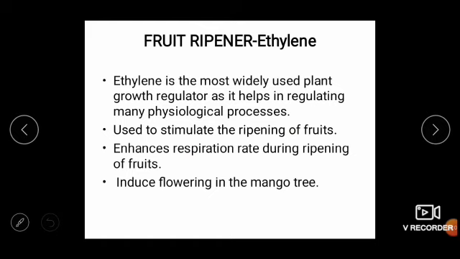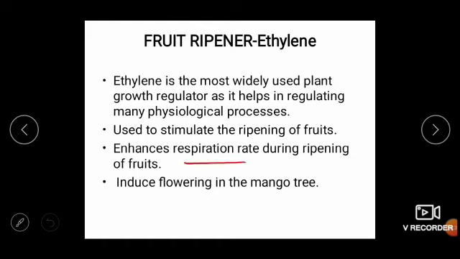Fruit ripener, that is ethylene. This is the only hormone which is in gaseous form, so you can say gaseous plant hormone. It is basically used for ripening of the fruits. You'll find in the trees, if the fruits are ripening, the ethylene is being produced and it allows the other fruits also to ripen. Besides this, it also helps in